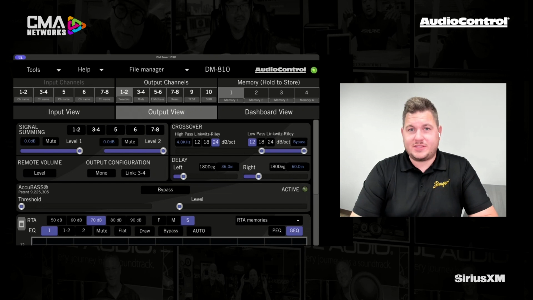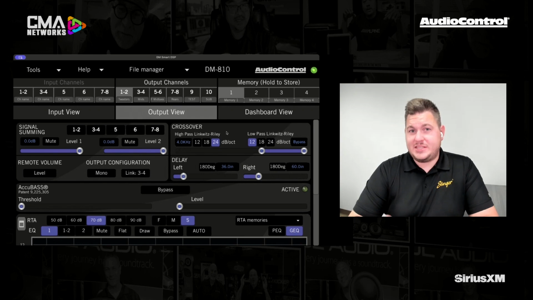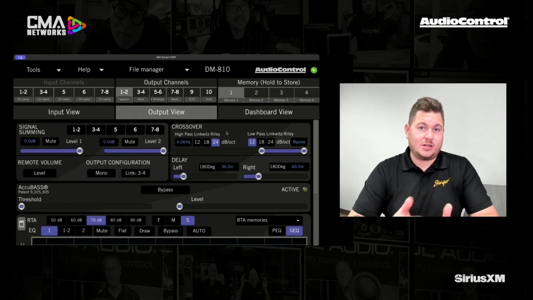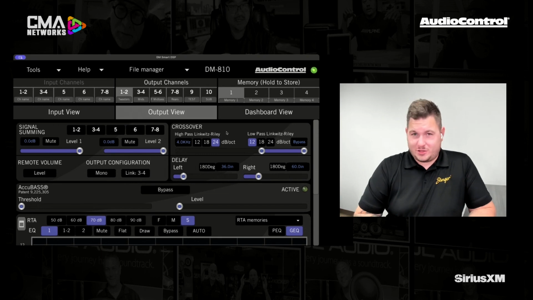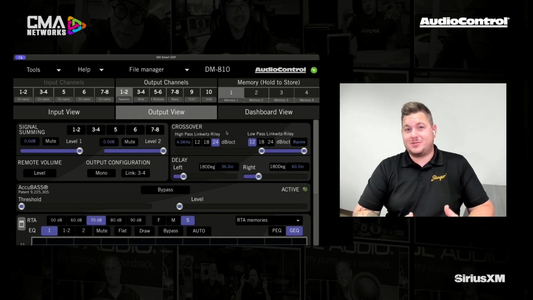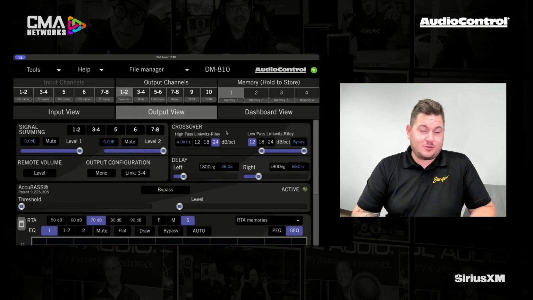It's an important part of setting up the DSP, of course. What we've done to try to make this a little bit more dummy-proof is we've actually preset the crossover levels at some common values. Now, does that mean that you shouldn't go in and change them? Of course not. You should absolutely dial in the crossovers for your customer's system. But if this is your first time setting up a three-way active front stage and using a DSP, it's good to take a look at these and you can see what we're kind of recommending if you're using our speakers